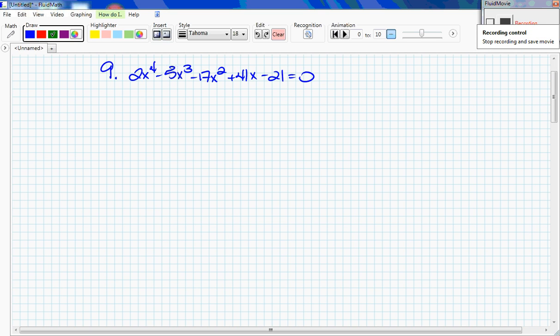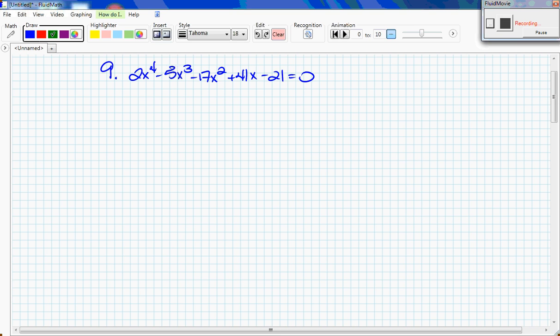Okay, the directions for question number 9 from tonight's Advanced Algebra 2 homework says to find the roots of each polynomial equation. Given that this is a fourth degree with 1, 2, 3, 4, 5 terms, we're going to have to use a calculator. Now, you don't have to do this, but according to the rational zero theorem, it says